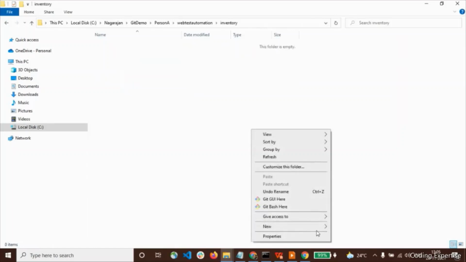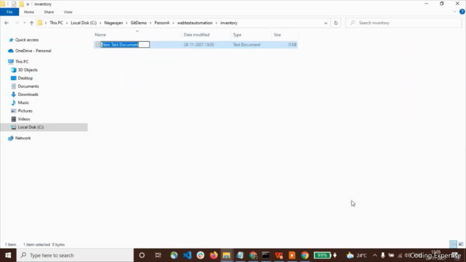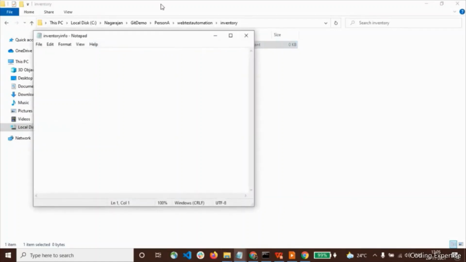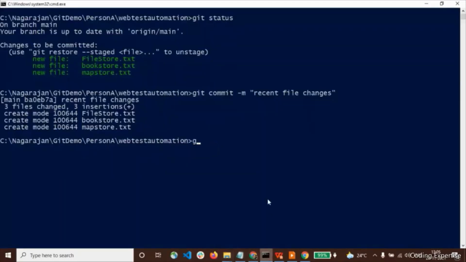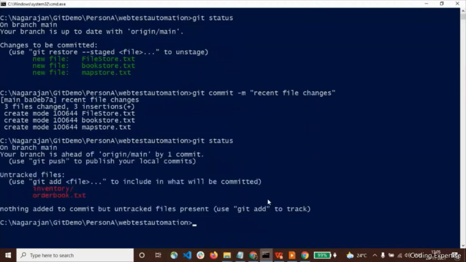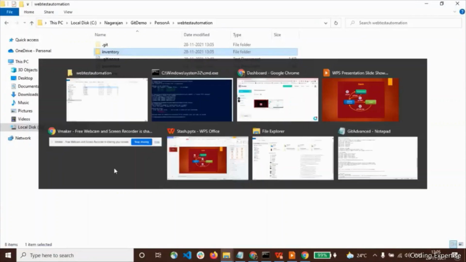Let me create a file. Okay, I've created a directory and a file. Okay, let's move on to this. Let me put git status. Okay, we have 2 different things here: inventory directory and file. Right?